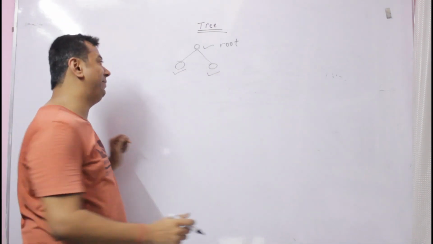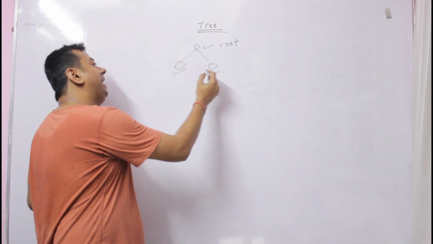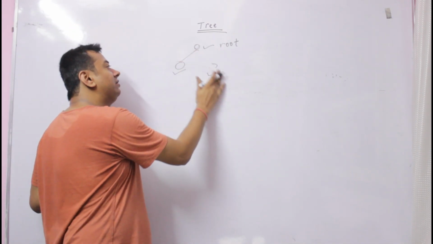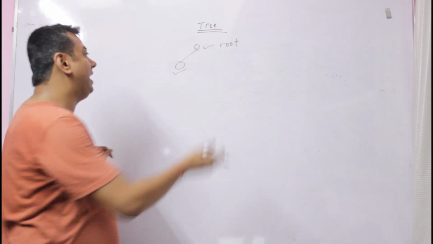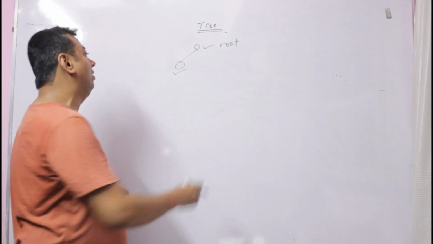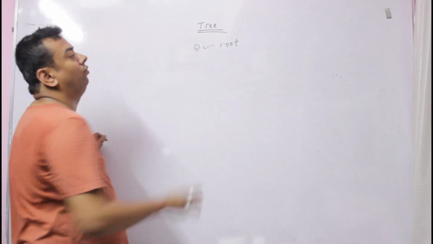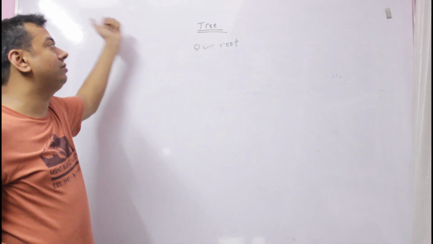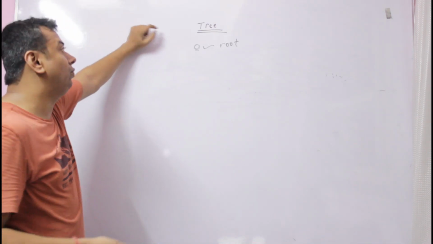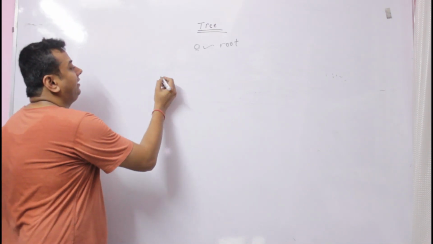At most means it could have only one child also, either left or right, or it may have no child at all. So this is also a tree. So what is the definition of a tree? A tree is a